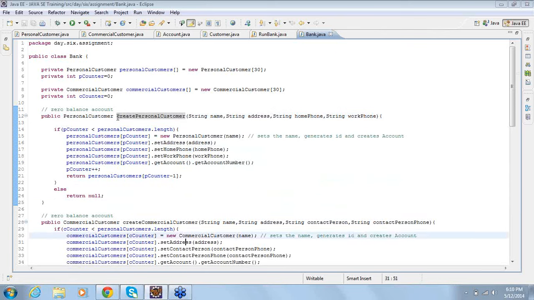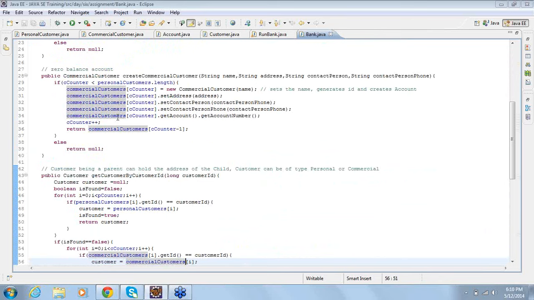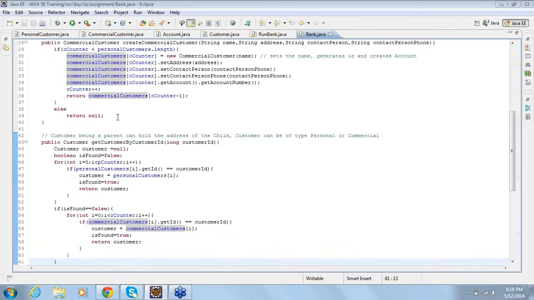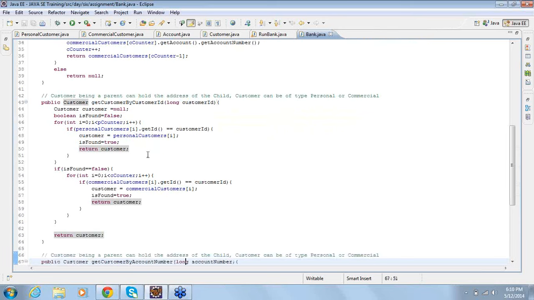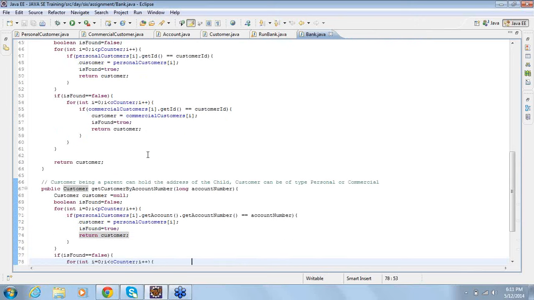The same thing applies for the commercial customer. Then I have written a method in case I want to find a customer with the help of customer ID. Similarly, there was a method where I was able to find the customer with the help of account number.